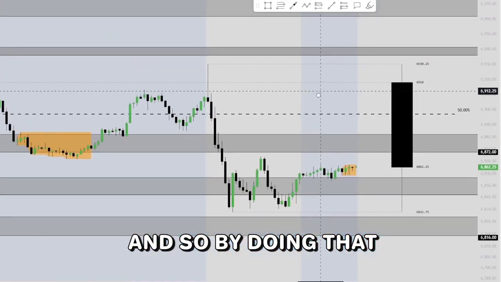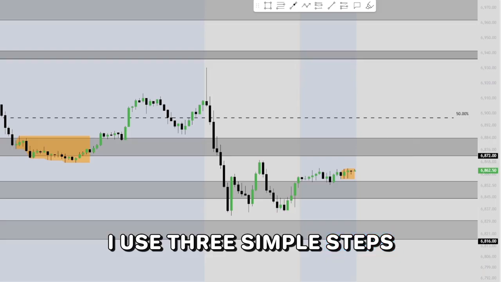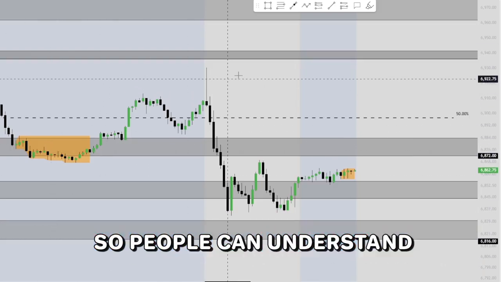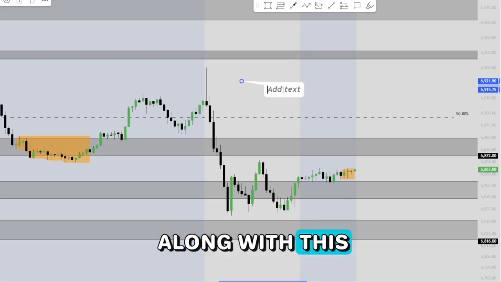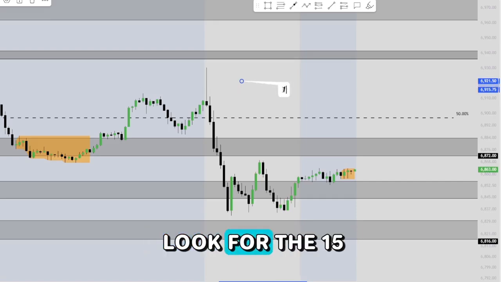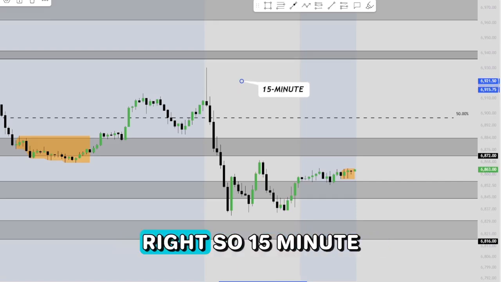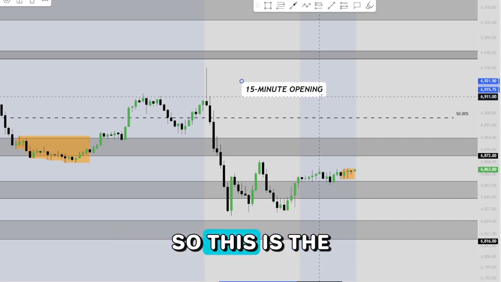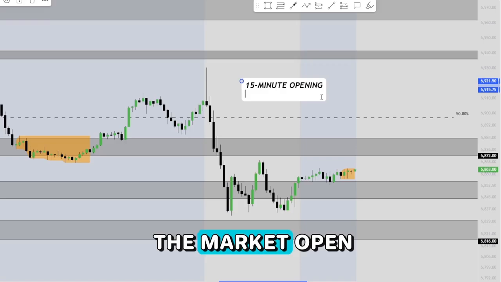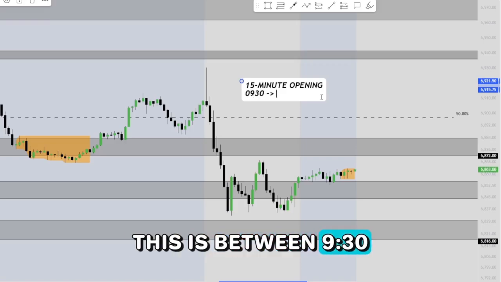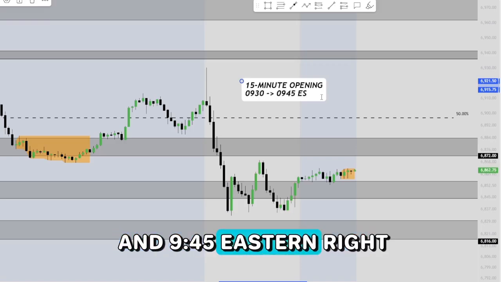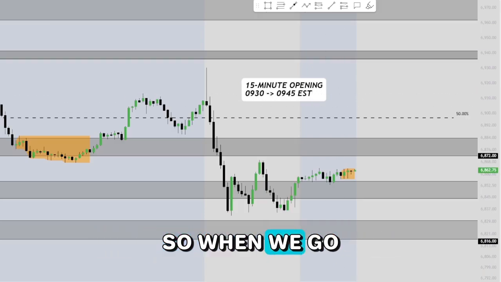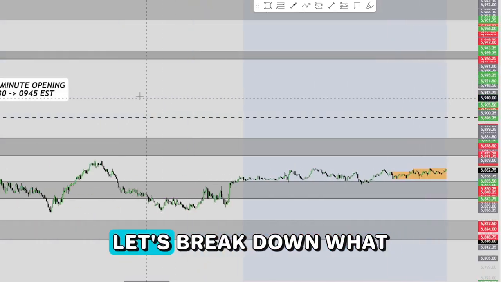By doing that, I use 3 simple steps. The 3 simple steps I use, just so people can understand, and I want everyone to follow along with this: the first thing I do is look for the 15-minute opening range, right? What do I mean by the 15-minute opening range? This is the first 15 minutes of the market open, between 9:30 and 9:45 Eastern. So when we go to the 1-minute chart, let's break down what was going